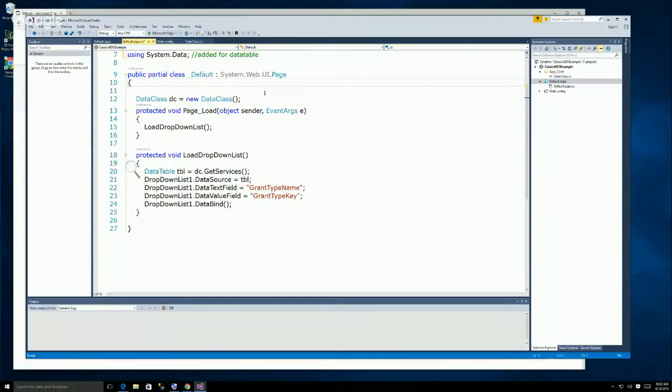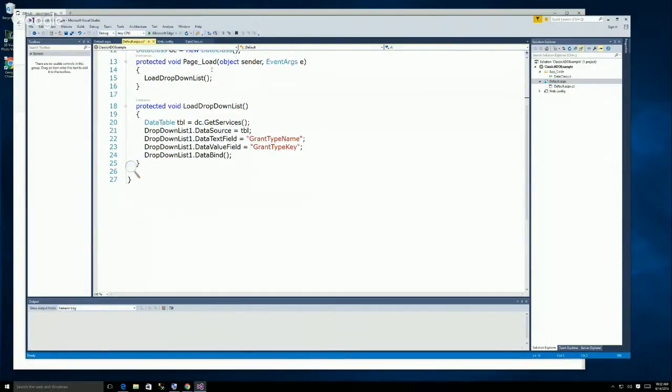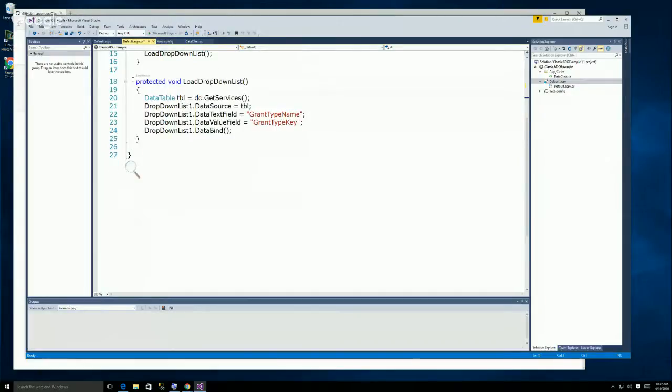And I did it at class level so that I could access it in all my methods. You could do it in each method if you want, and there are arguments that would be the better route, or you can see debate either way. All right, so then I did a separate method down here, and we have our data table, and we call